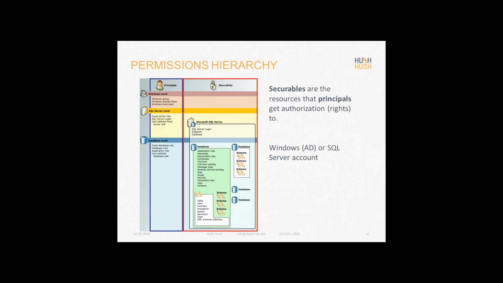In my further talk, I will be assuming that we're all familiar with the various ways Microsoft handles identity management, and that we are all familiar with the definition of privileges based on the securables and principals. And as you know, securables are the resources that principals get authorizations to. We also